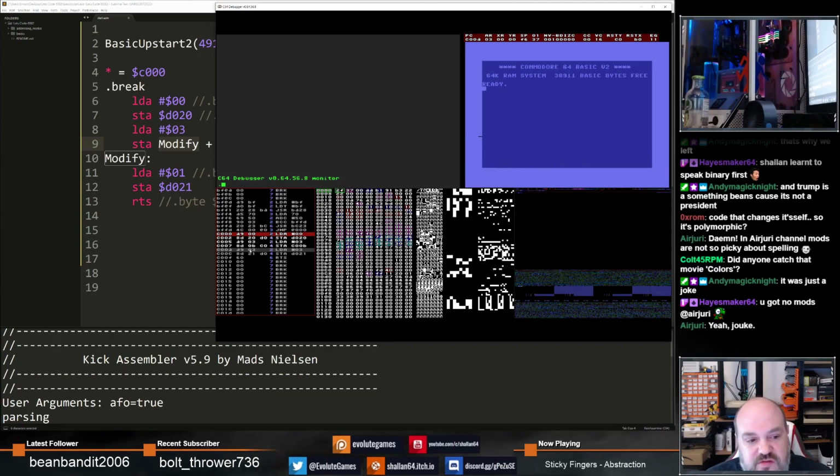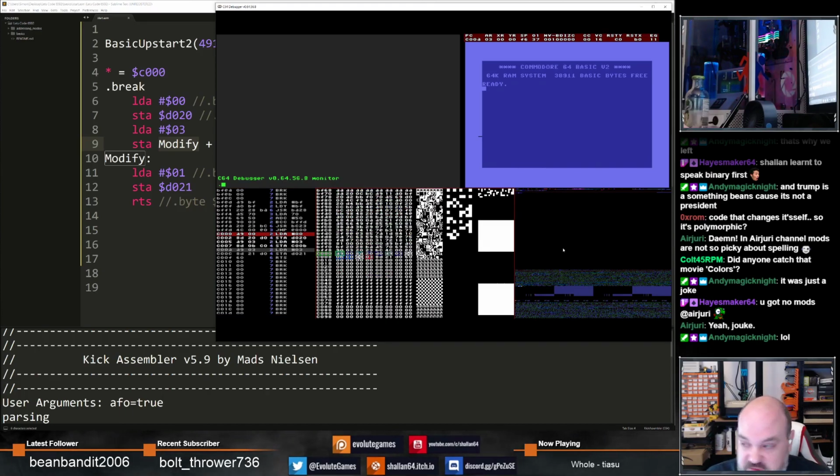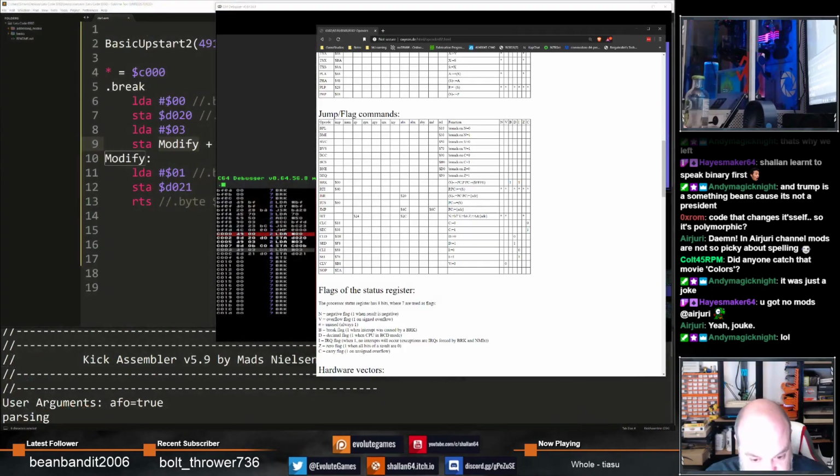So this allows us to make changes to the code while it's running. It's a very powerful tool and something you'll use as you progress with assembly. You use it to write very efficient code. It can also be a pain as well. It can cause crashes because if, for instance, I went to modify a piece of code with an instruction number that doesn't exist. So going back to my list of instructions,